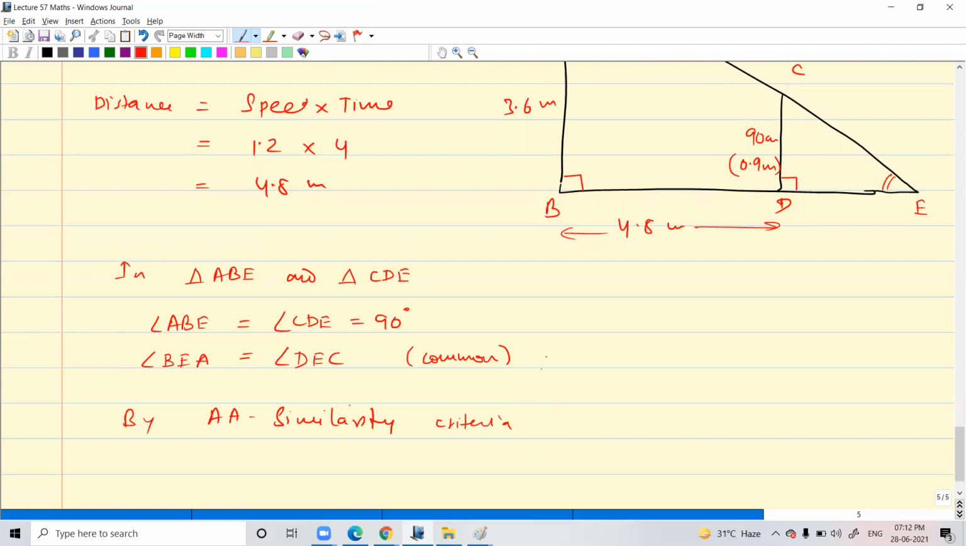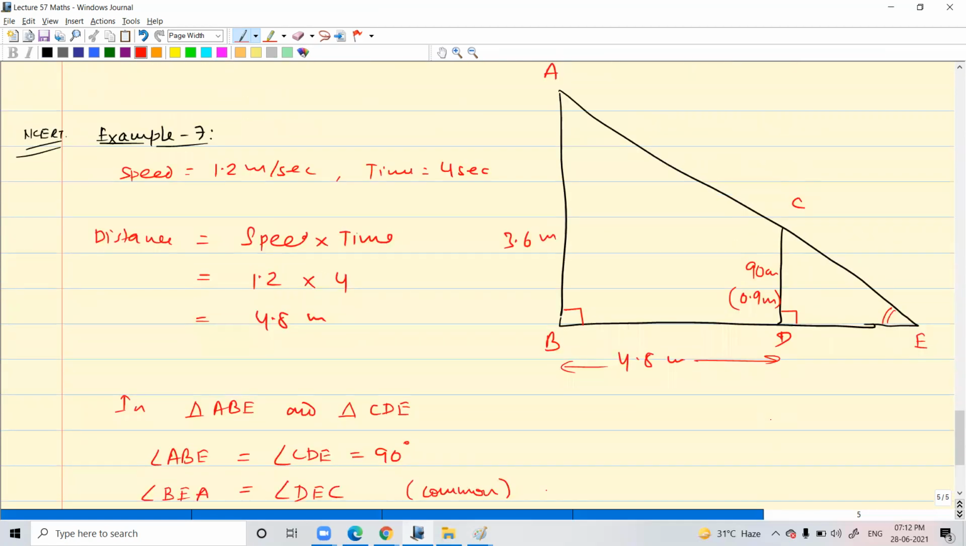So by AA similarity criteria, what will happen? Triangle ABE is similar to CDE. Now, once we have the similar triangles, we know that all the corresponding sides are in equal ratios. Now look at this. I know this length 3.6 meter and I know this 0.9 meter. So these two are the corresponding sides, right? So CD by AB, I should be able to write that CD by AB should be equal to